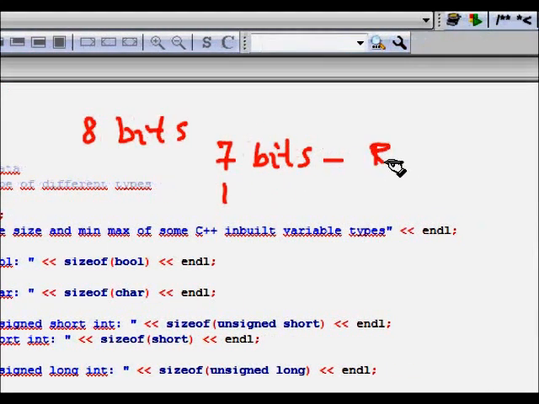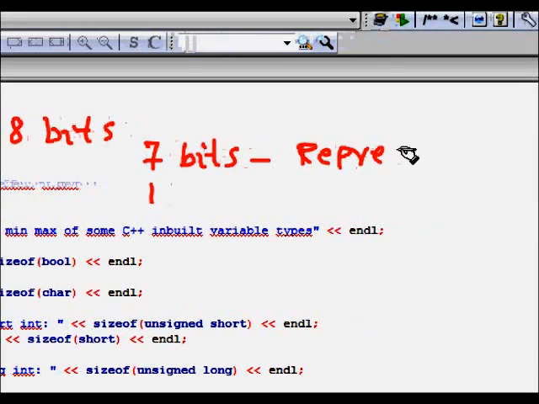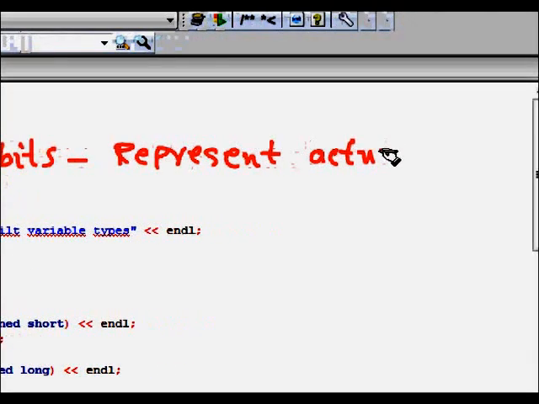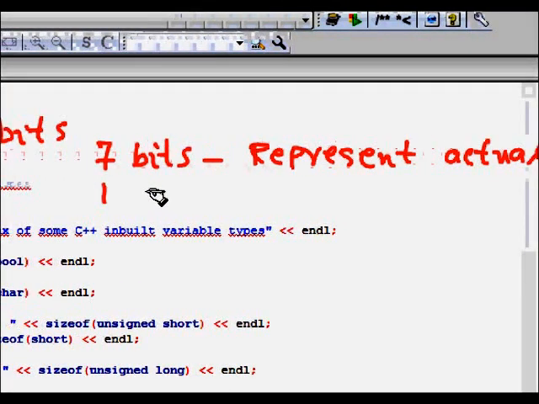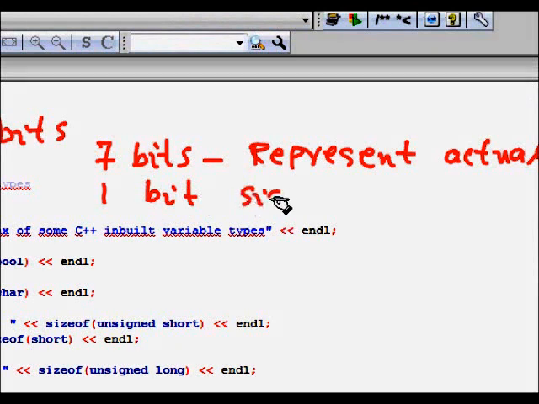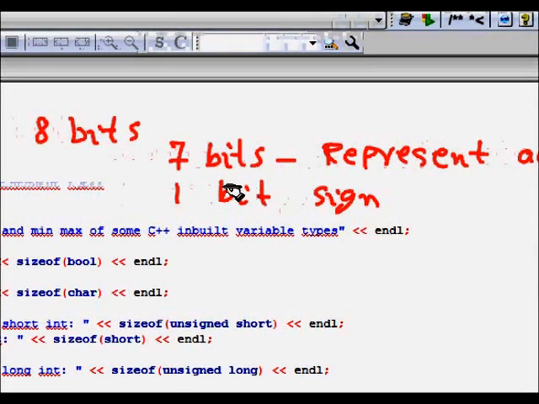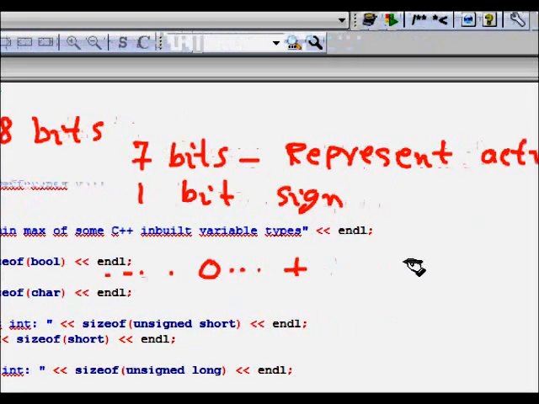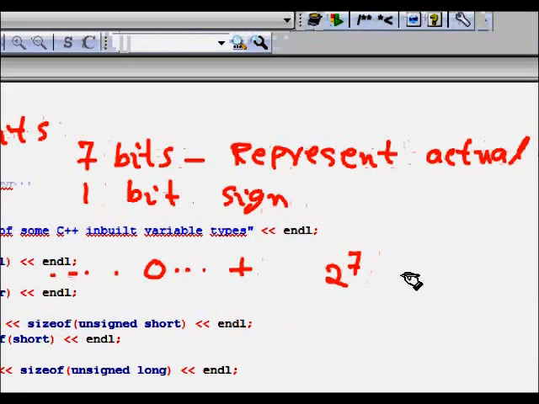So you are left with 7 bits to represent the actual number, and this 1 bit is for the sign. Now you can understand how far you can go. Of course 0 is there, and then you can go on the positive side and then the negative.